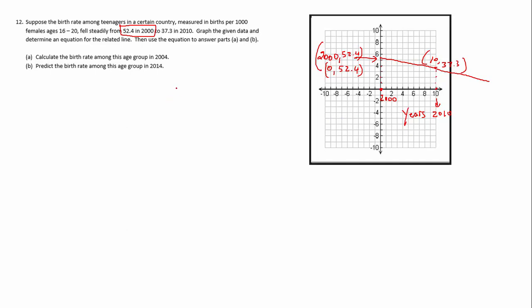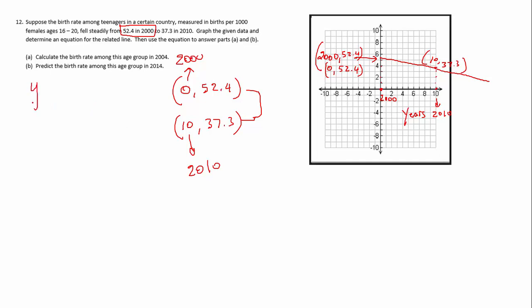So again, we chose to have the points 0, 52.4, where 0 stands for the year 2000. And the second point is 10, 37.3, where 10 stands for the year 2010. Now let's try to make an equation. Given 2 points, we can have an equation. Let's have this equation: y equals mx plus b, where x stands for the number of years